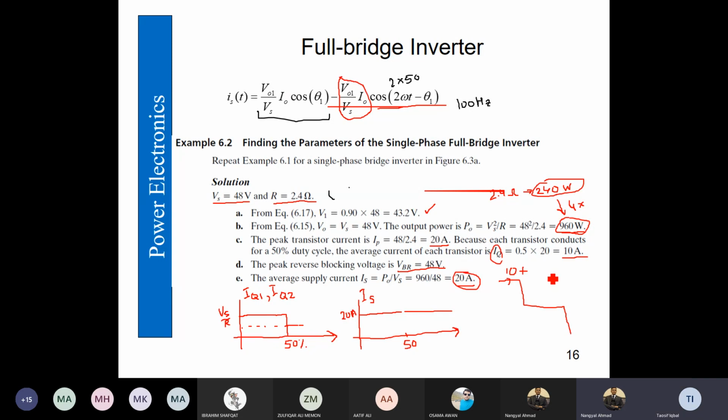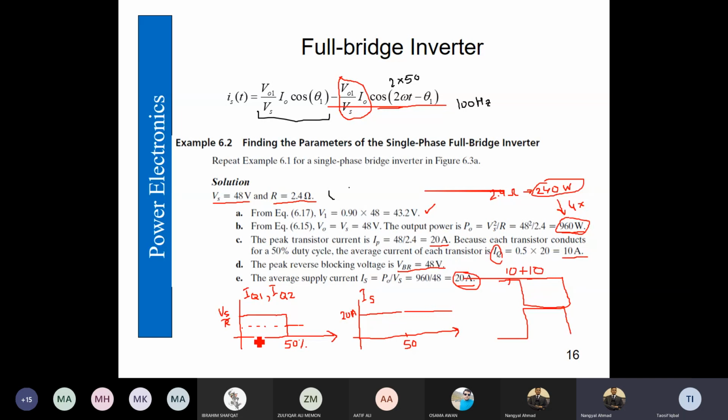Yes, sure. In half bridge we had the average transistor current equal to the average supply current, but in case of full bridge we can see that twice the average transistor current is the average supply current. Why so? Because whatever average current we flow through the two transistors in the positive cycle, the same average current flows in the next half cycle as well. So therefore basically the supply is providing average transistor current twice in the cycle.